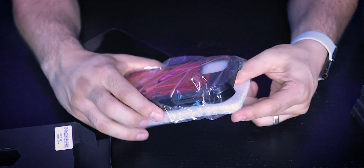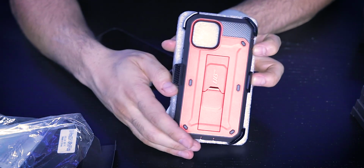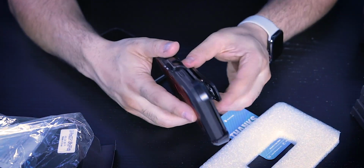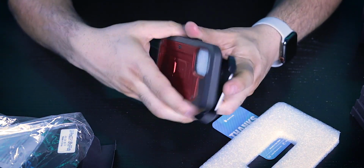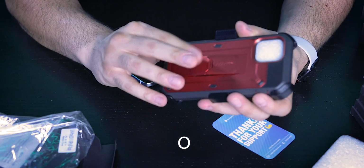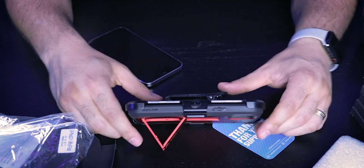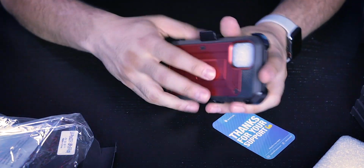This is a very beefy, definitely not minimalist case. This is the belt clip that comes with it. What is this in the back? Oh, nice. It has a stand also. Did you guys see that? Huh, it's pretty cool. So this comes in red,